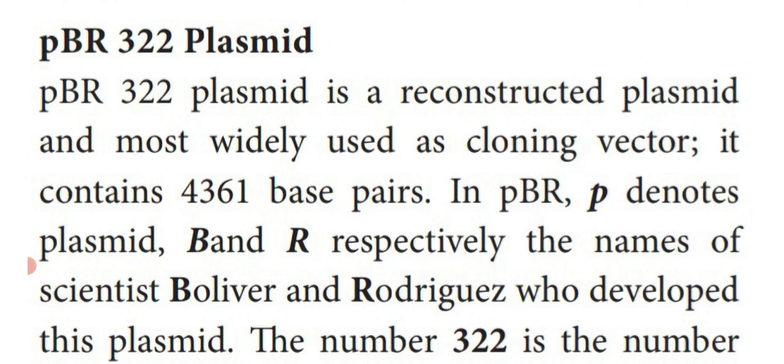This pBR322 contains 4361 base pairs. Dear students, in the previous video class, based upon the base pair only, we classified the restriction enzyme into type 1, type 2 and type 3. Out of these 3 classes, type 2, which contains 4 to 6 base pairs,